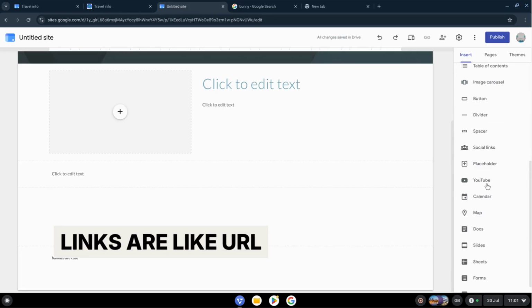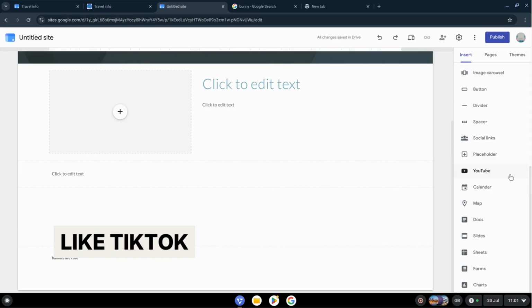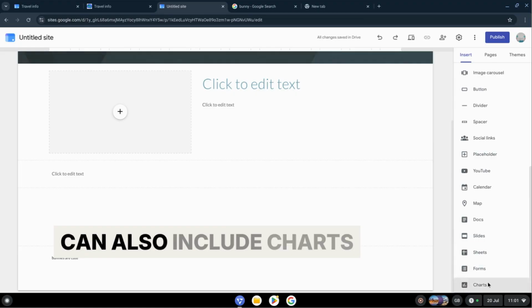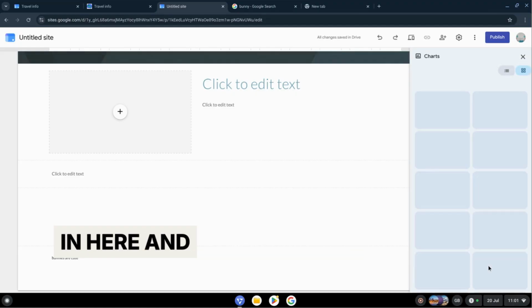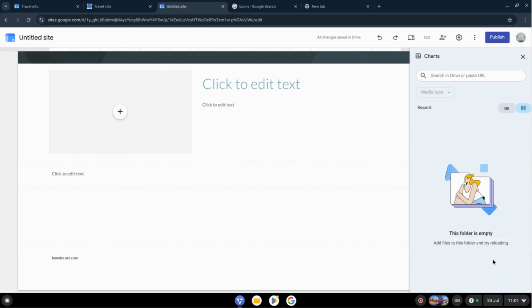Social links are like URL links to TikTok, Instagram, YouTube, and stuff. You can also include charts in here. And yeah,